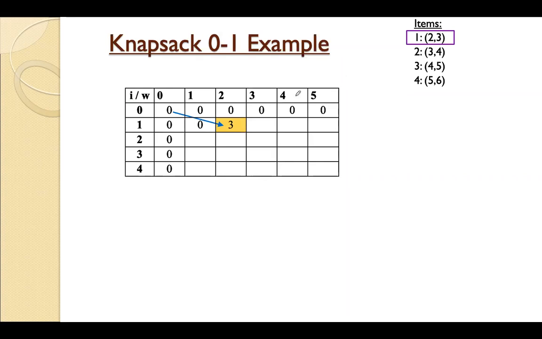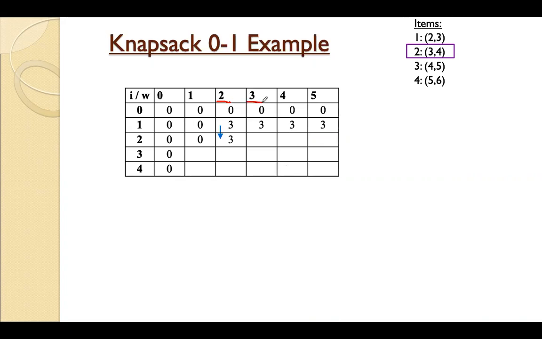When W is equal to 3, we are just in the first item. We have not reached the second item, so nothing will be there. So 3 and 3, we will write as it is, 3. So in the first row, just 3. Next, we'll go to the second row. Again, W is equal to 1 means there are no items, so that value will be 0 itself. Next, W is equal to 2. When you are in the second item, W is equal to 2 means again only one item. Its value will be 3.